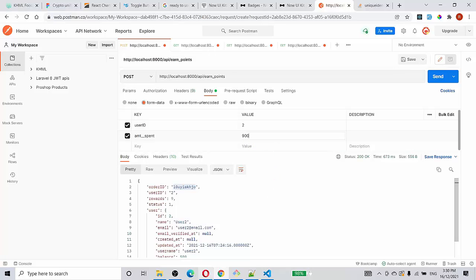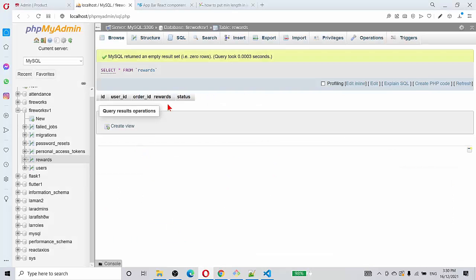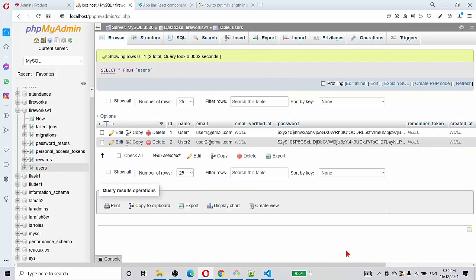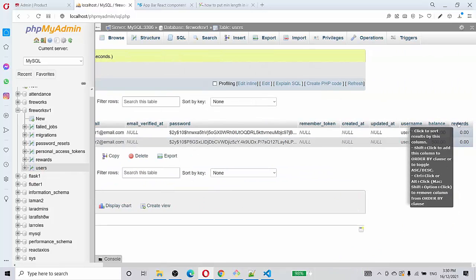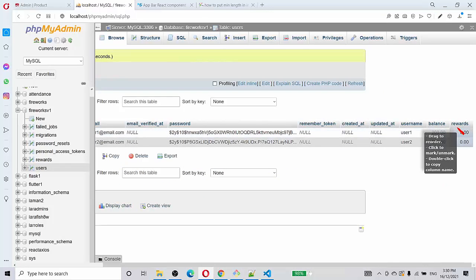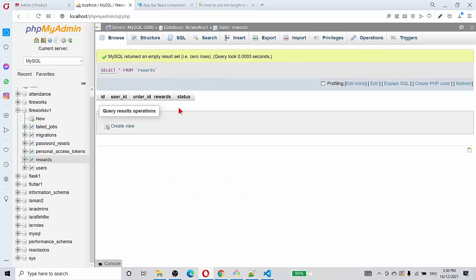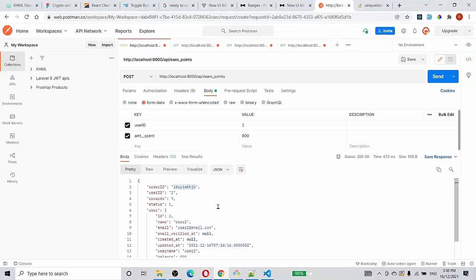As I have explained here, we are going to put the rewards and the actual balances in two buckets, balance and rewards, so that manipulation like voiding or cancellation of the reward is very easy. So now this is the rewards table as I explained. So let's go to this